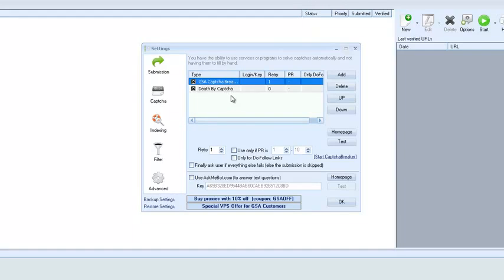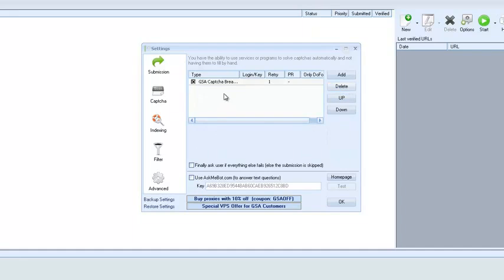And if you want to get everything else sent to a CAPTCHA service, then you can either put CAPTCHA or Death by CAPTCHA here, and it'll send, or you can handle that in the settings of GSA Captcha Breaker, where you have a lot more control over what to do if this fails. So now here there's also another service, because CAPTCHA isn't the only type of security that